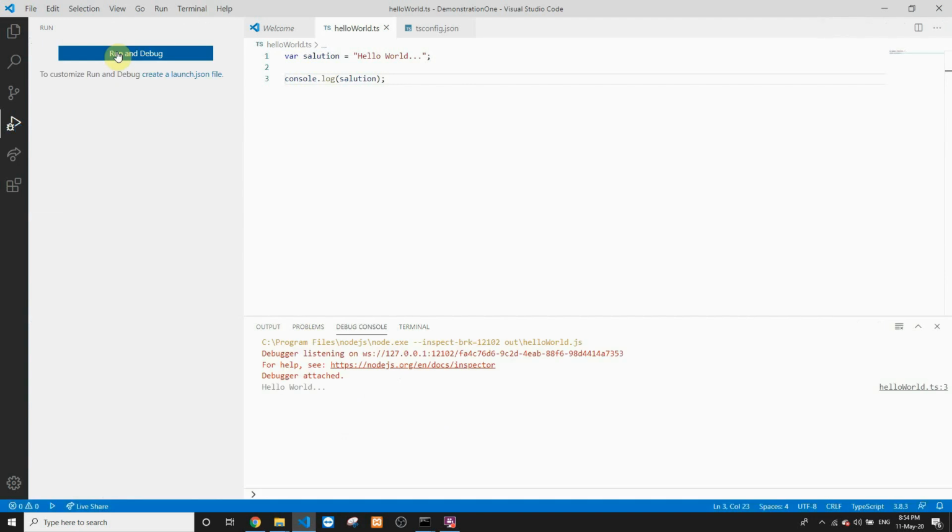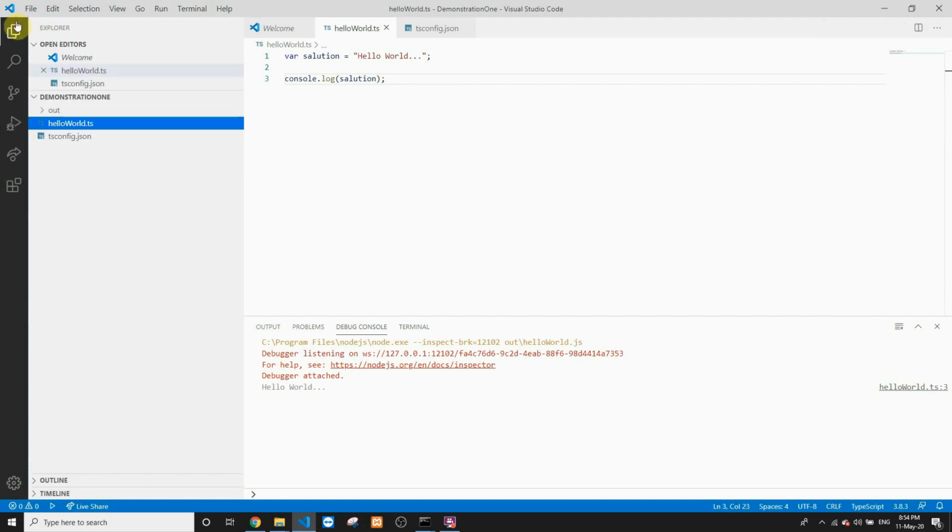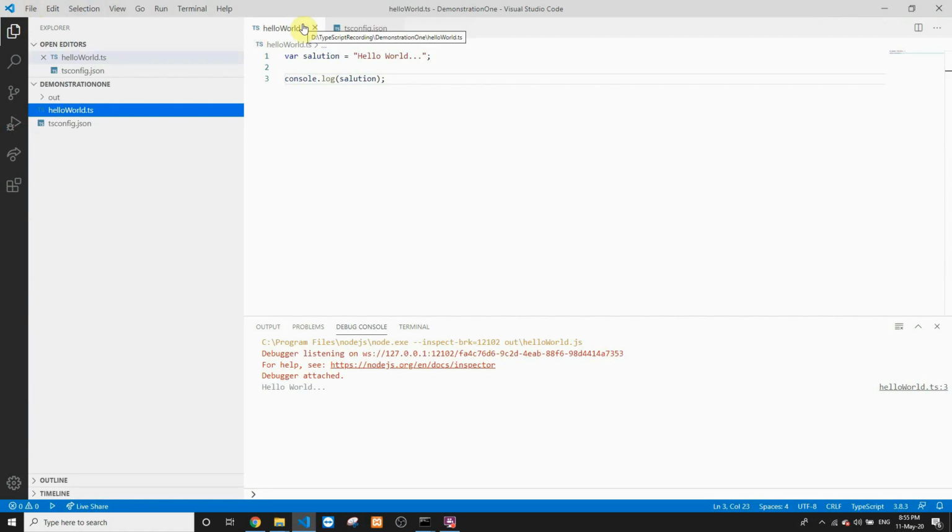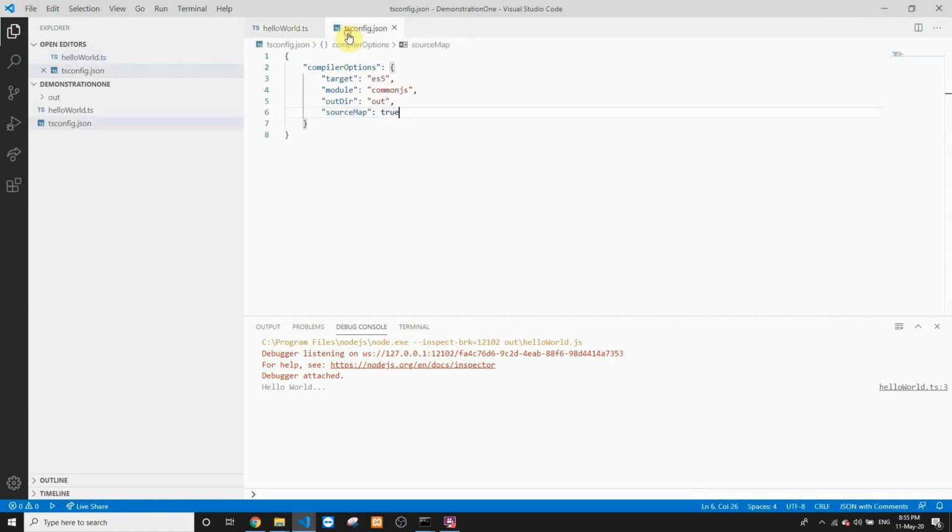Over here in the terminal, we can see that we received the output message which says hello world. So this is the basic infrastructure which is required in order to make a very simple file hello world.ts execute inside our Visual Studio Code. The TypeScript files are represented with the TS extension, and this is the basic configuration that is required in order to run this small program.